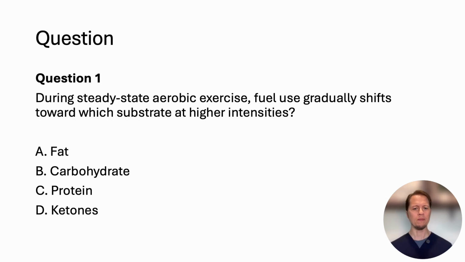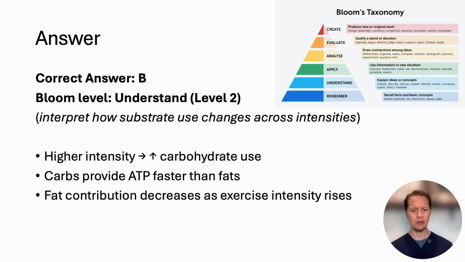Here we go, question 1. During steady state aerobic exercise, fuel use gradually shifts towards which substrate at higher intensities? Is it A, fat, B, carbohydrate, C, protein, or D, ketones? Hopefully this is straightforward, starting you off with kind of an easy one. And the answer, yes, is B. At higher intensities, the body prioritizes carbohydrates because they can be metabolized more quickly than fat, and that supports faster